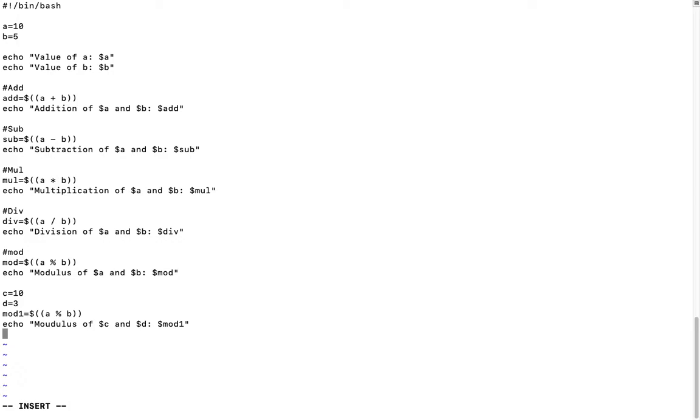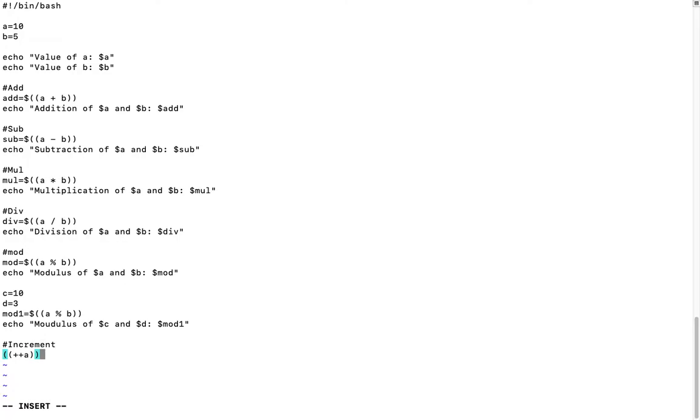Now we see increment. In this, the value gets added by 1. To do this, we have to use the plus sign operator two times. For increment, we just have to add brackets ++a. In this, our value is getting added by 1 and it's stored into the same variable.